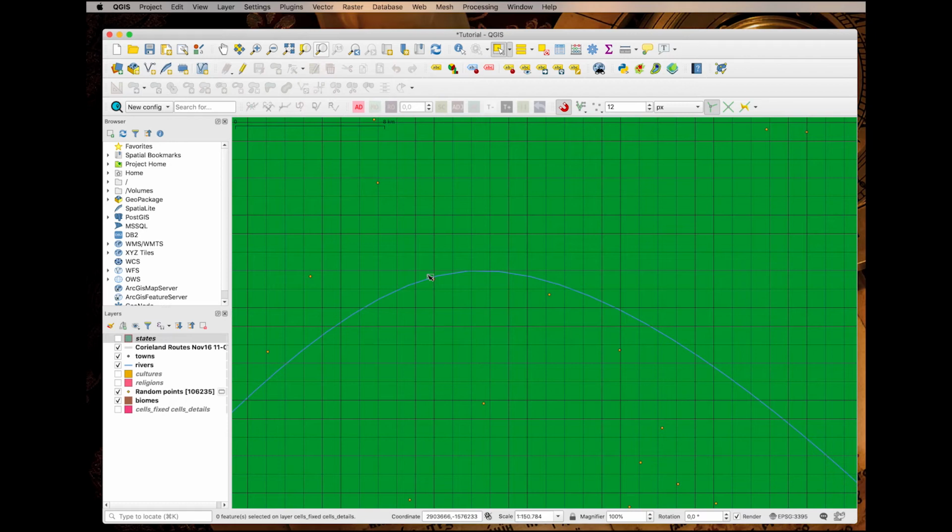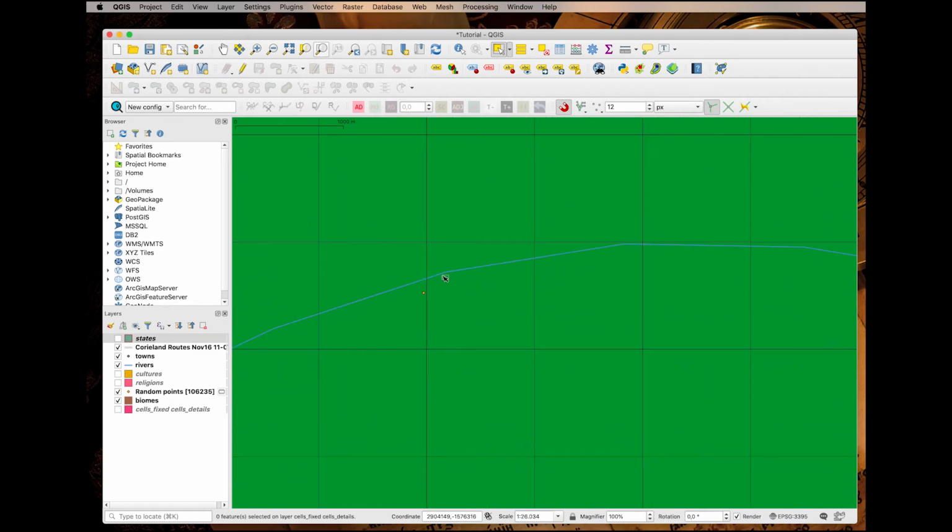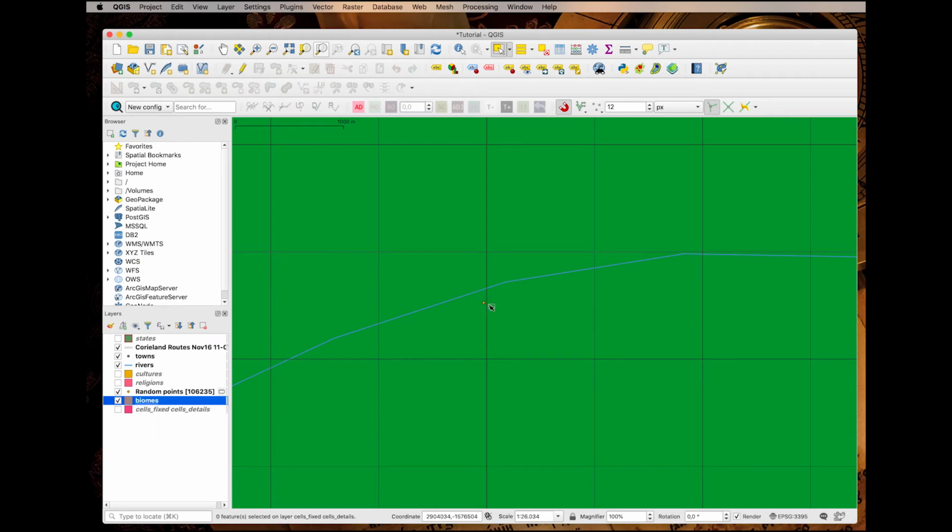We now have an impression of the size, and we see these are maybe 6-7 kilometers away from each other. That's pretty nice. We turn on View, Decorations, Grid. That makes everything just much easier. And we want to set an interval of 1,000. So this gives us a grid of 1 kilometer squares. So we zoom in until we have a nice size, and we go to our biomes layer, which is also